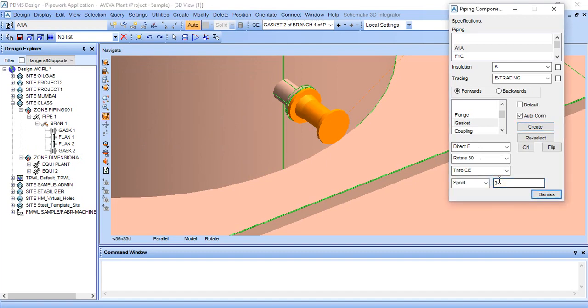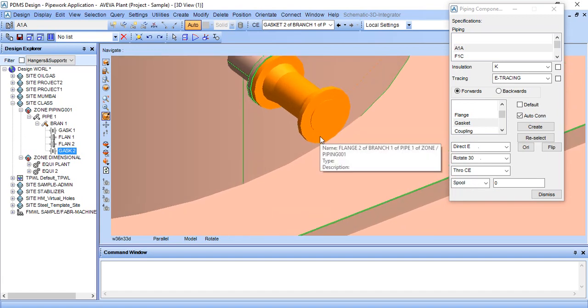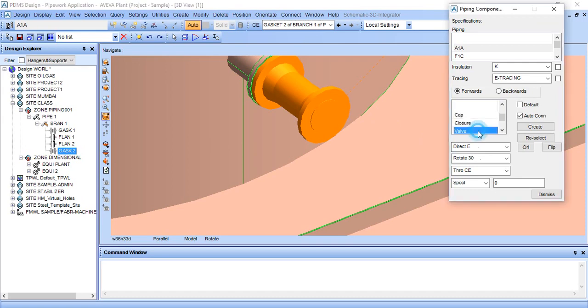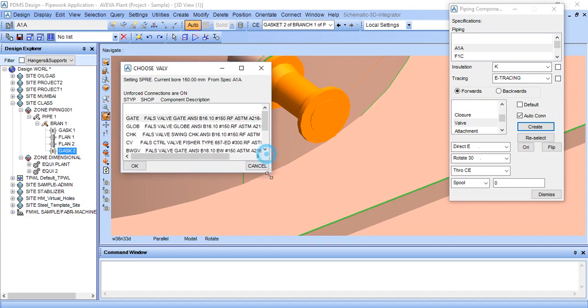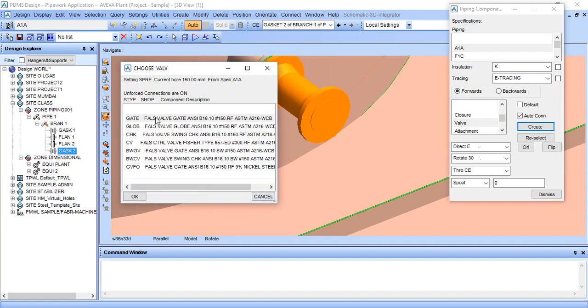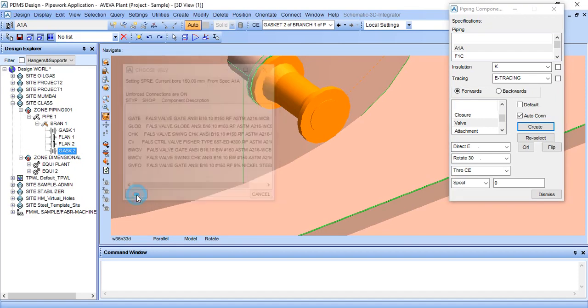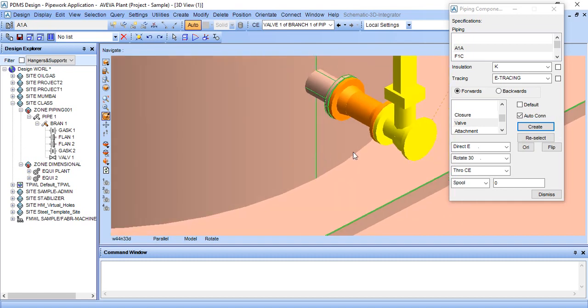We want a 3 mm gasket, spool, and the gasket is created. Then we want a valve, create a valve. We want a gate valve. Here are so many types of valve. We want gate, so click on gate. It is created.